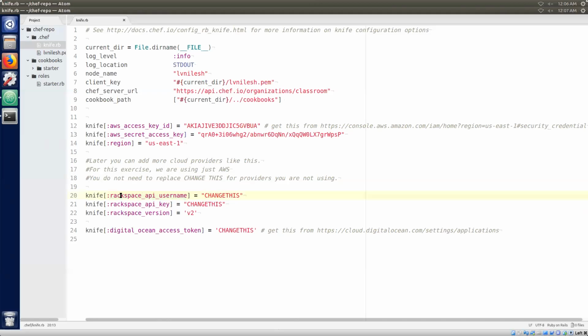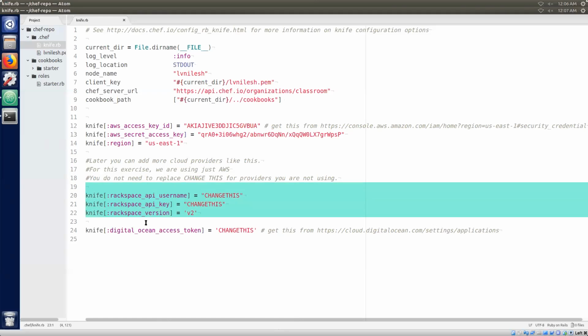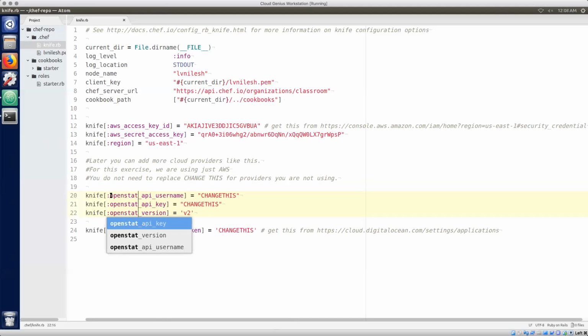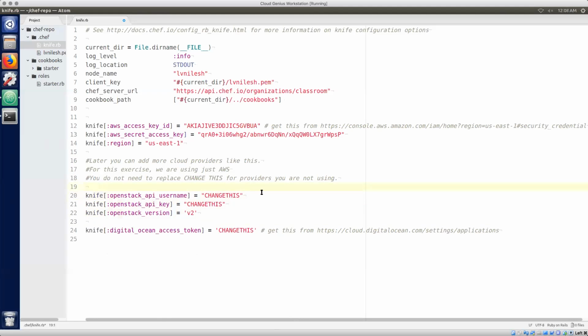But the reason I still kept this note here is because this is exactly how OpenStack is also configured. So if your company has OpenStack inside your Bellevue office, you should ask your OpenStack administrator to get you your OpenStack credentials. And they pretty much go like this. Like that. And you have to get this credential and that credential from your OpenStack admin,